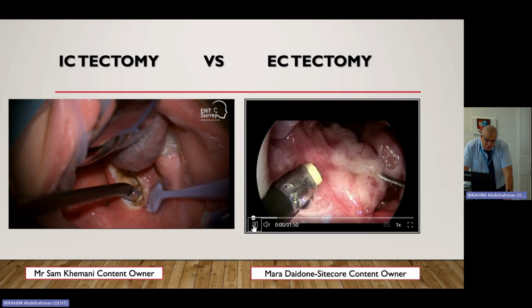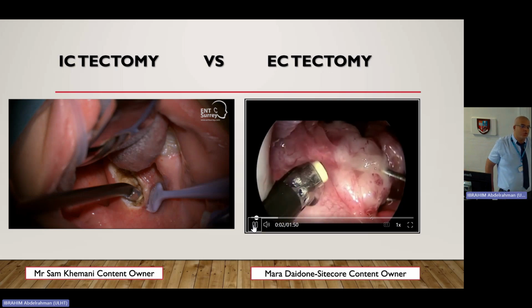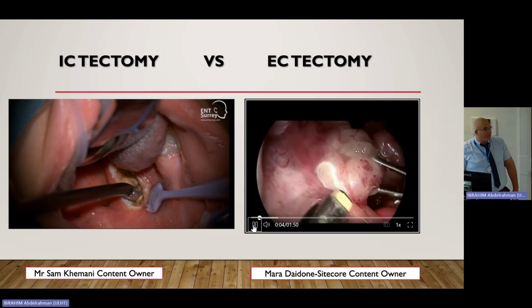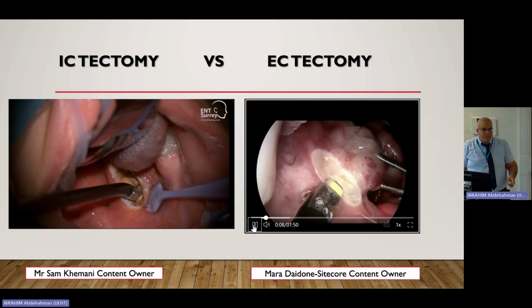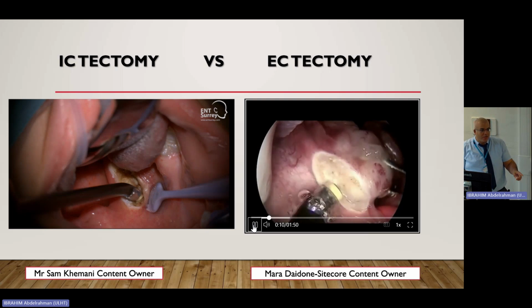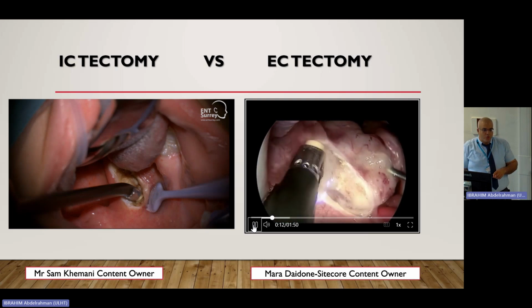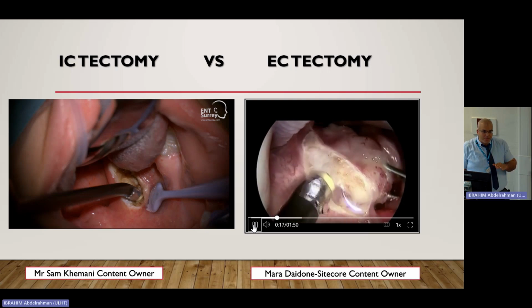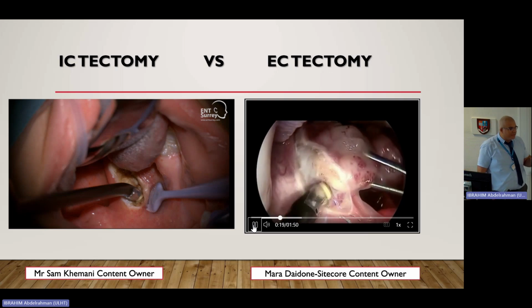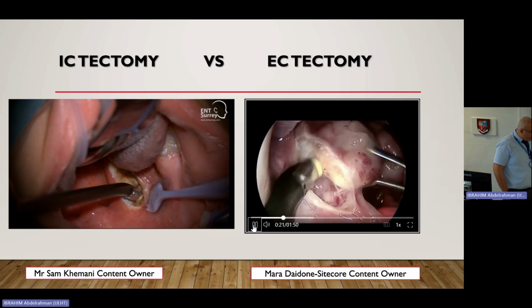For the extracapsular, I personally use it for most of my endoscopic band endoscopy and tonsillectomy as a biopsy. It's less painful. You see the patient is just smiling in the recovery, saying it's fine. Compared to a monopolar, which is traumatic to the tissues. I have had patients admitted a couple of times with recurrent bleeds due to using it. So the idea here is to